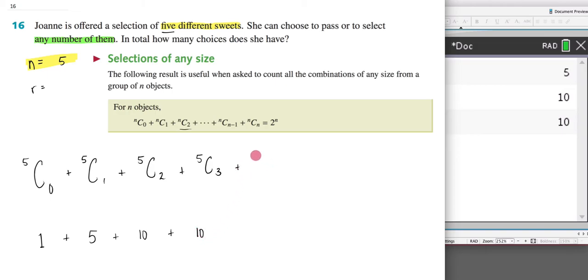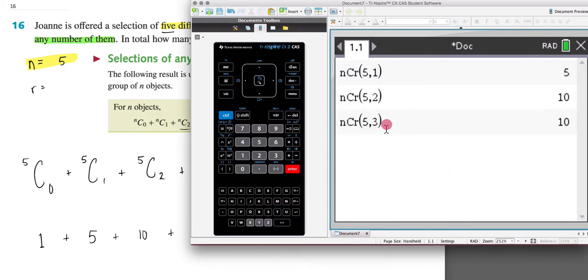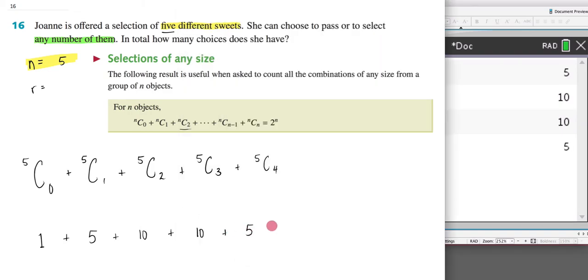Then I have 5C4, and I know that whenever my group size is 1 less than my object size, it's simply going to be the amount of my objects, so 5. But again, I can prove that to you by going like this. 5C4, it's going to be 5. I already wrote that down. And then my last one is just